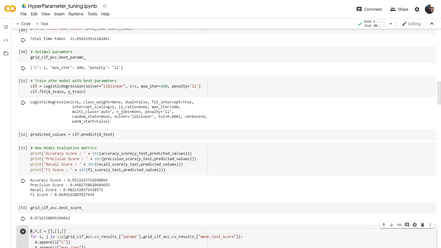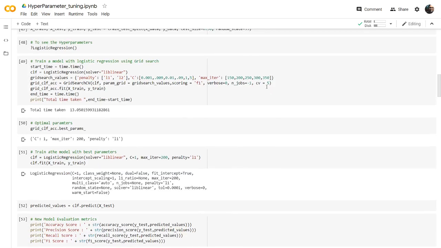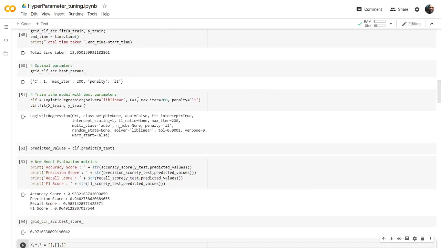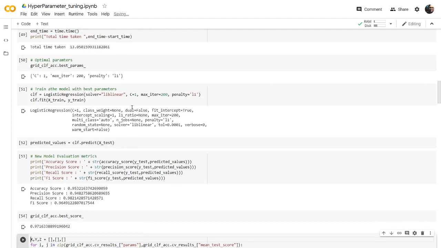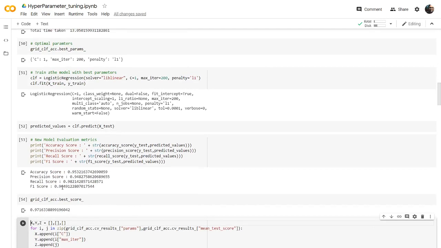But you think we are using the best parameters, so why didn't we get the same f1 score? Because here this best f1 score is a mean value of the cross validation. We are not doing a cross validation here, so it will take only the complete data set and train the algorithm. So we'll be getting this value. We'll not be getting the mean value here, so we'll be getting a very close value. So you can see it is very close.